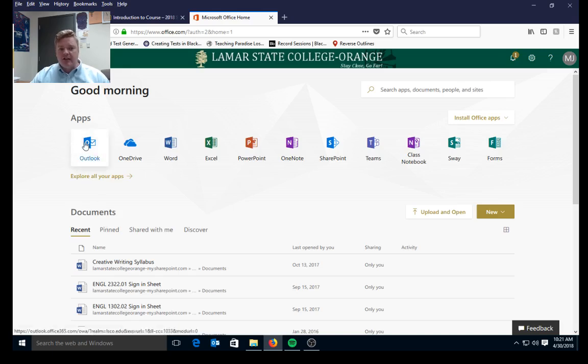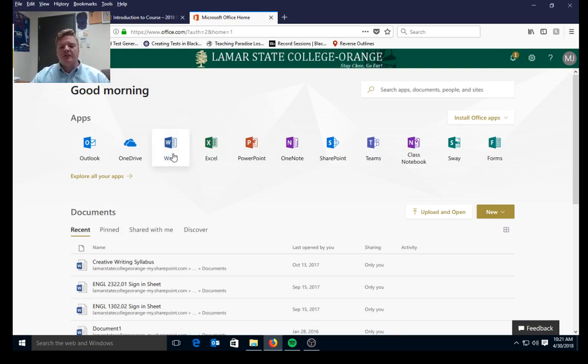You have what are called online apps, and that's under this app category here. And you notice a lot of them look familiar. The problem is with these online apps, everything except for Outlook. Outlook is your email, your LSEO email, and OneDrive is an online cloud drive which you can save your files to. But all this other stuff, it's good, but it's not the complete software. So it doesn't give you the opportunity to format correctly for MLA, and students have a hard time saving the document, downloading the document, and then uploading the document,